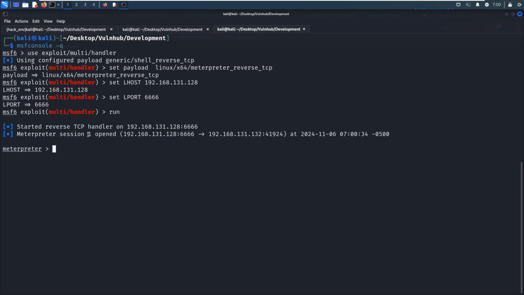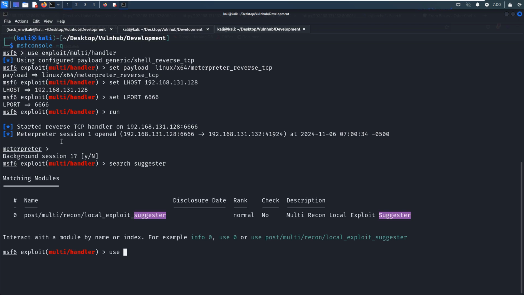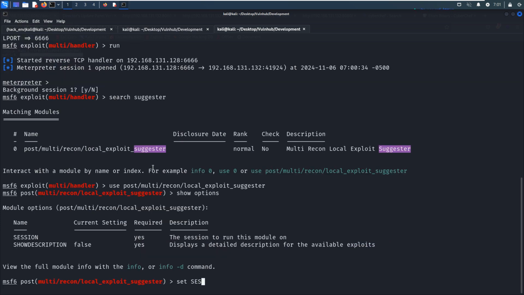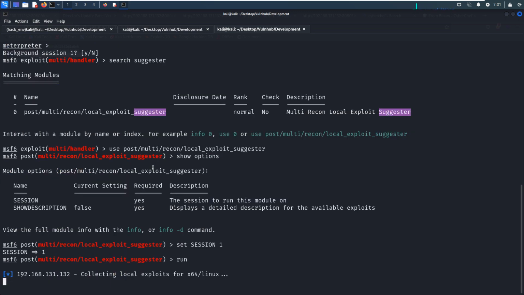To see whether, okay, Metasploit session 1 opened. And we can background this Metasploit session by pressing keys Control and Z. Yes, and then we can search the suggester keyword. We can use this post exploitation module. And then we can show options. We can set the session number to 1, and then we can run it.